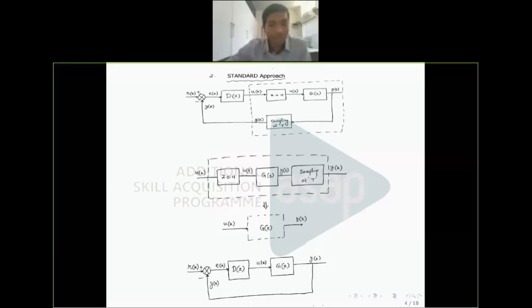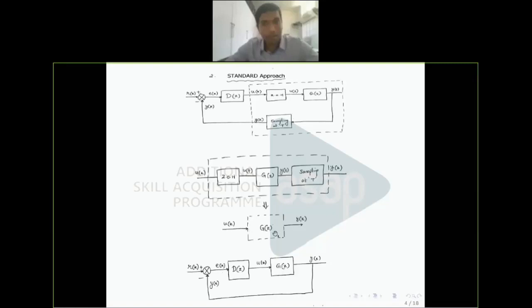So this is a key concept in understanding digital control systems. If you do not understand this concept, you may get stuck somewhere else while understanding this subject. That's why I have introduced this difference in approach initially itself. I'll just repeat it once again. Here, your plant may be continuous time, but you obtain a discrete equivalent of the plant considering the whole device and the sampling. So you can obtain a pulse transfer function of the plant in discretized form.